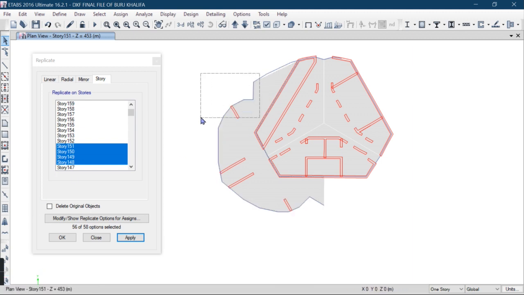Just clear it from here. So after that you can select it easily.